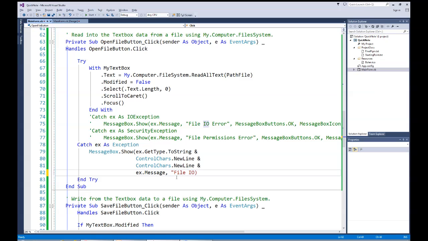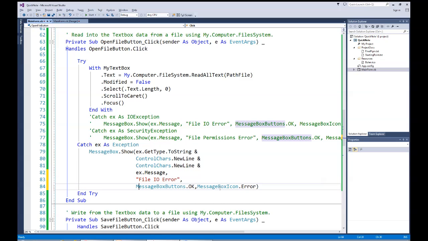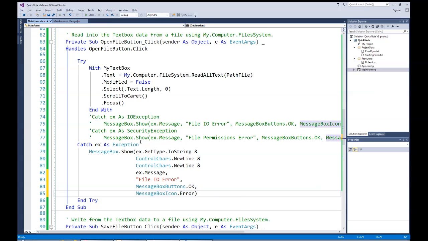File IO error. Give it our message box OK button and our message box error button. Okay. Let me add this to clean it up, make it look a little nicer to read. There. And so now, uncommenting these up above,